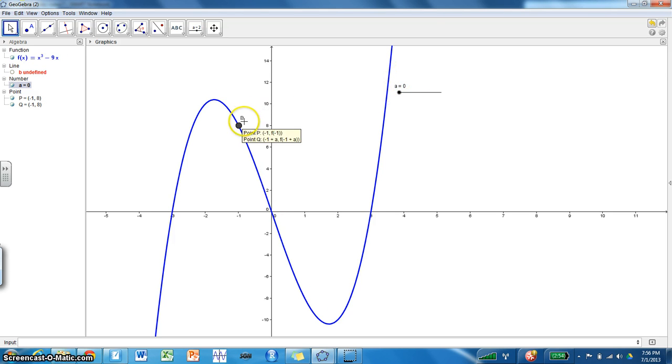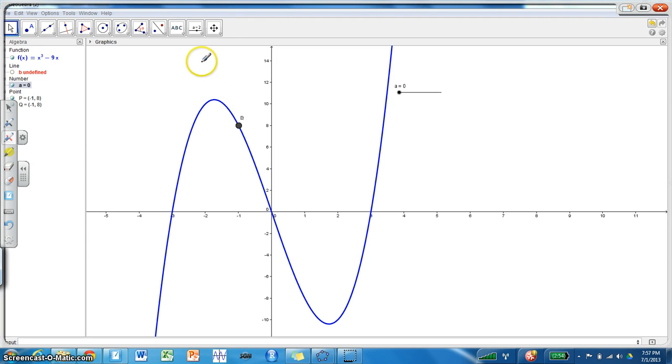Okay. Now I want to go to the place where A is 0. Essentially you can see here P and Q are on top of one another. I've decreased the delta almost all the way to 0, in essence. But I want to think of this as getting really, really tiny and really, really close. So when I do that, my 2 points form a line,